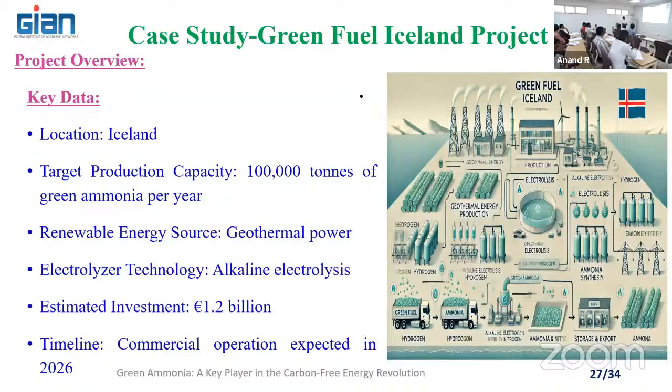So the energy needed for running the electrolysis plant is taken from the geothermal energy. The potential amount of heat available under the crust is utilized for creating the steam, which can be used for producing the power. Here they are employing the electrolysis process. So we need input, output, electrodes, and the electrolyte. Ultimately, at the end of the electrolysis process, they are going to get